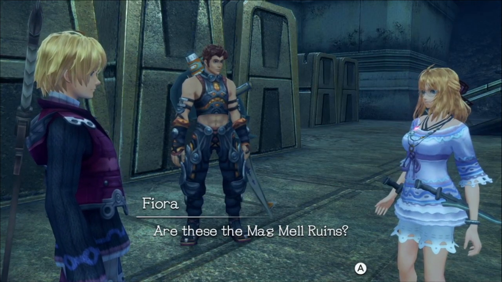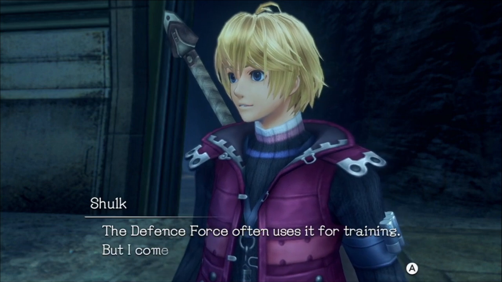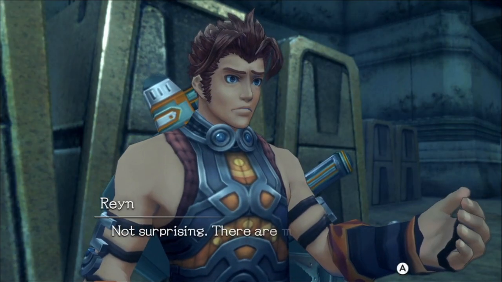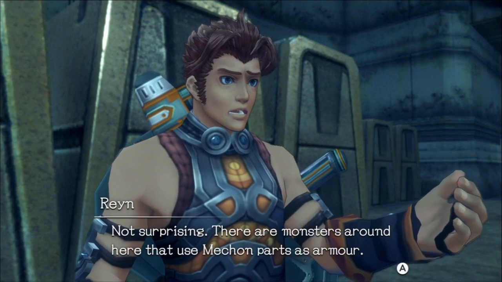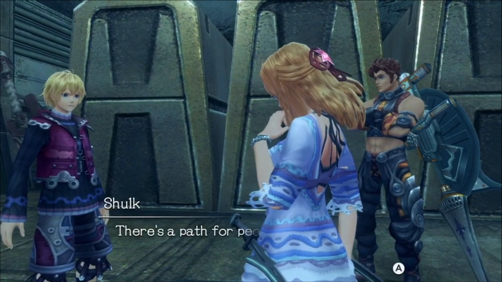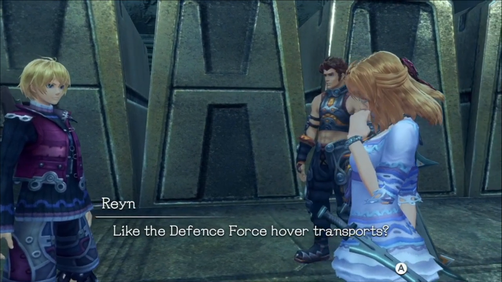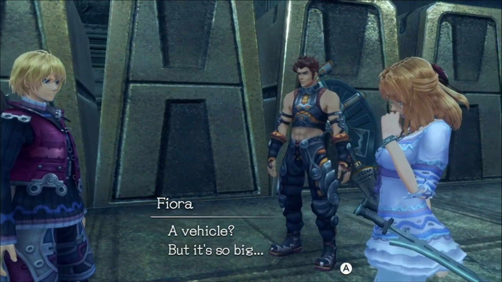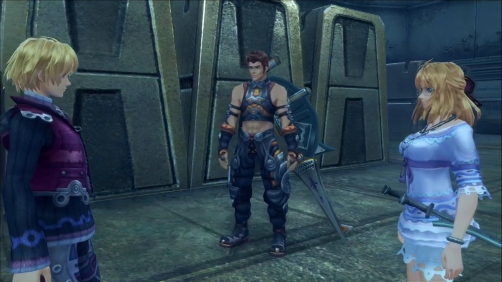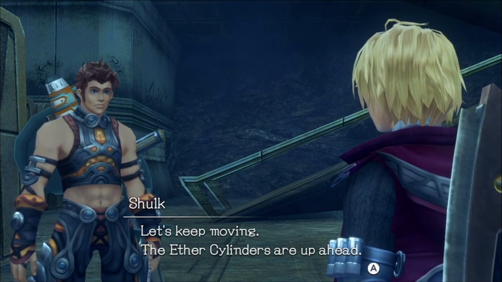マグメルドの遺跡？ 初めて来たんだっけ、フィオロン。 防衛隊はよく訓練に使ってるし、僕はいろいろ調べたりしに来るけど、普通は用ないからね、こんなとこ。 まあな、この辺りには寄進兵の部品をまとったモンスターもいるわけだしな。 これも寄進兵のものなの？ 多分違うと思う。人が入る通路があるし、これは乗り物だったんじゃないかな。 防衛隊のホバー輸送艇みたいなもんか。 乗り物？こんな大きいのに。 うん、すごい技術だよ。一体どんな人たちだったんだろうね、これを作ったのって。 俺にはさっぱり見当つかないね。 さあ行こうか。エーテルシリンダーがあるのはこの先だよ。 おう。